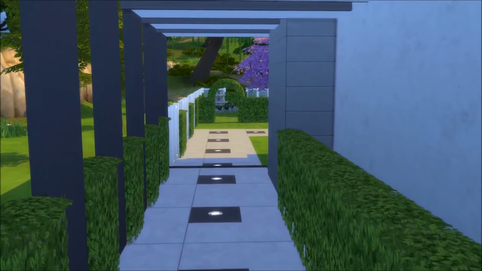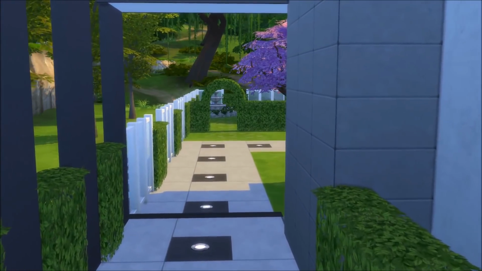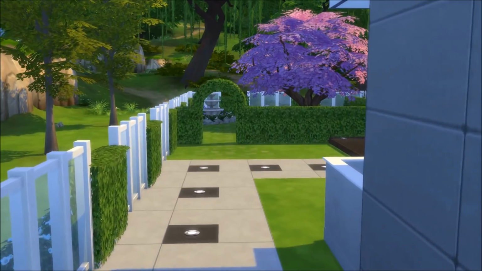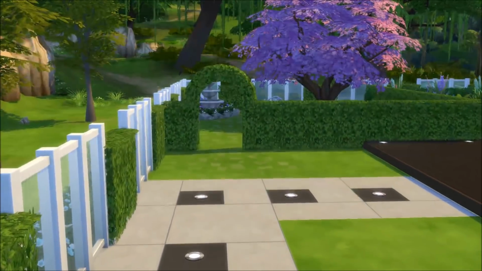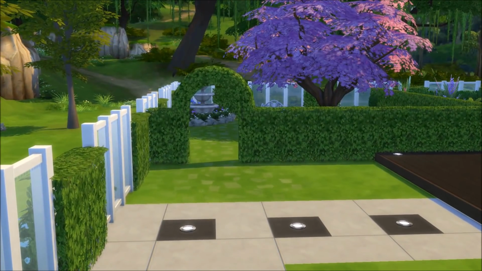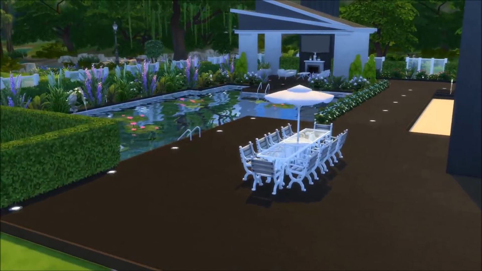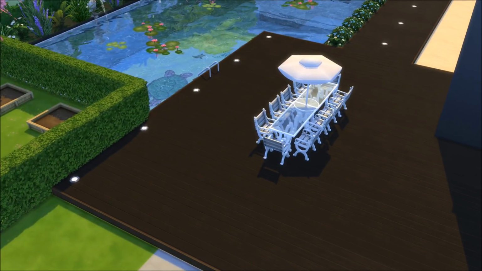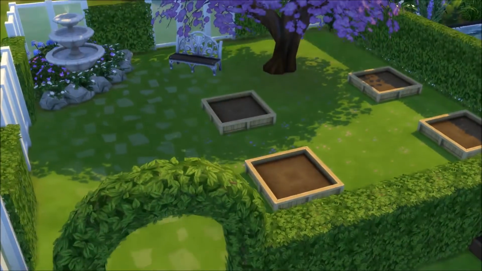So when you go through this little pathway here, you go into the very large and luxurious looking backyard. So the backyard has a swimming pool, there's a little gazebo, seating area, and also a garden area for planting, I don't know, grapes and stuff like that. Anyways, that's right here. So let me show you guys the backyard. As you guys can see, a very large dining table right there, and then here we have the gardening area